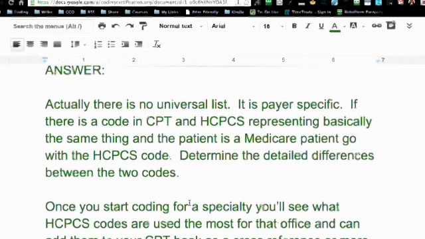For the most part, for Medicare, if you have a code that's similar in CPT and the HCPCS Level II manual, then you're more than likely going to go with the one in the HCPCS or the G code. There is normally some slight difference, or sometimes a real big difference, but whatever that nuance is, that's the whole